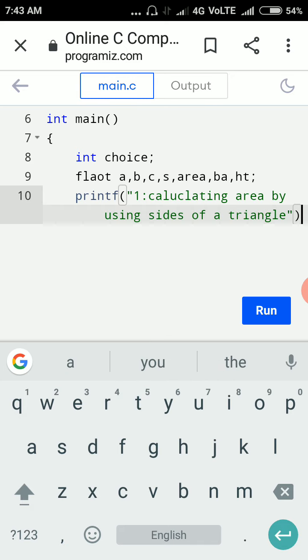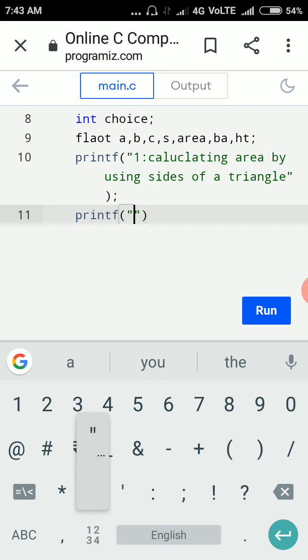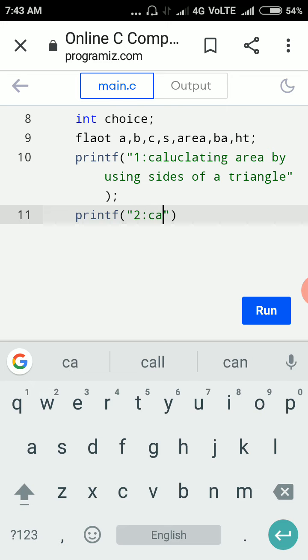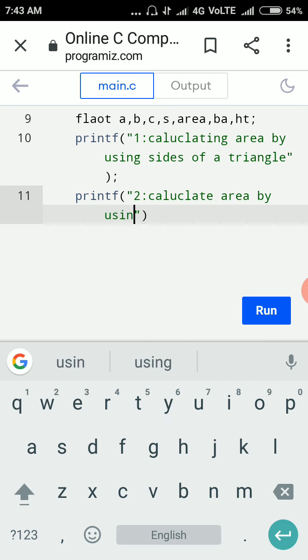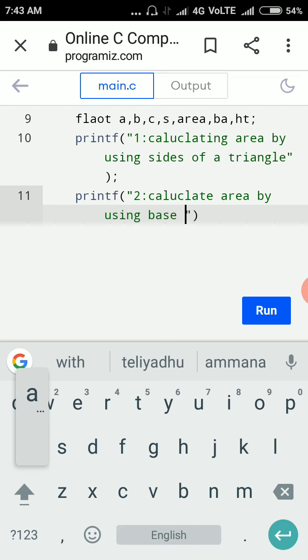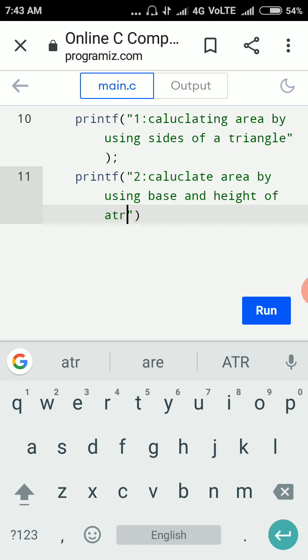And my second method is calculating the area by using base and height of a triangle.